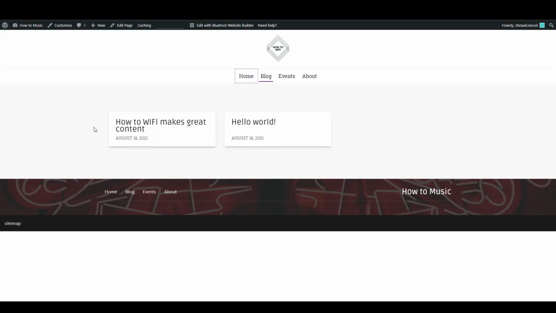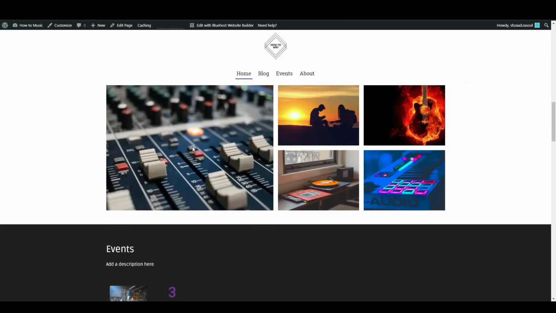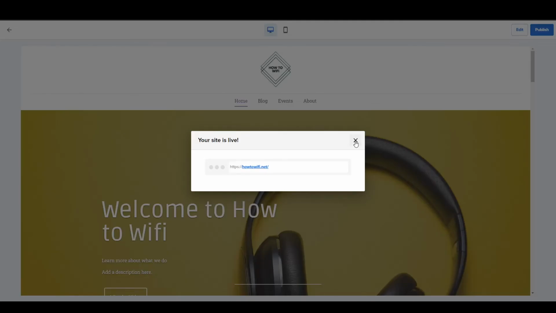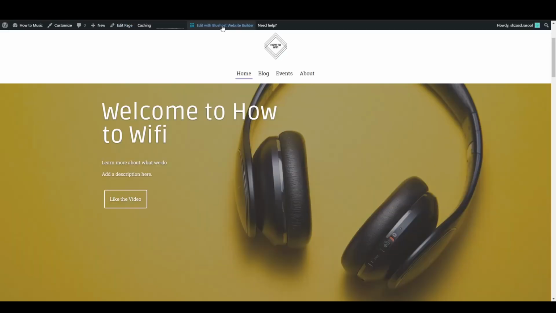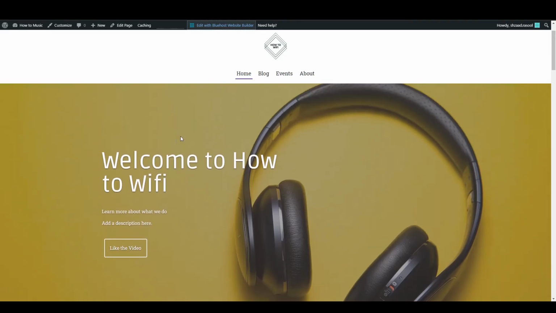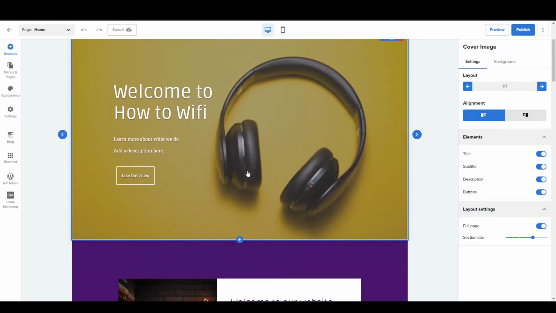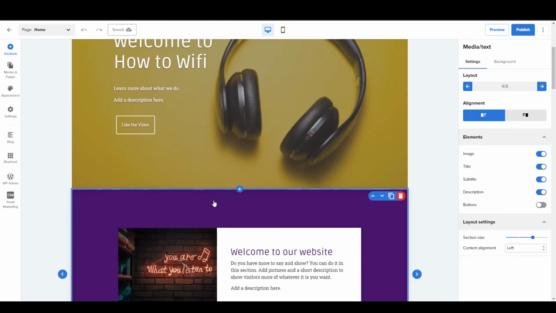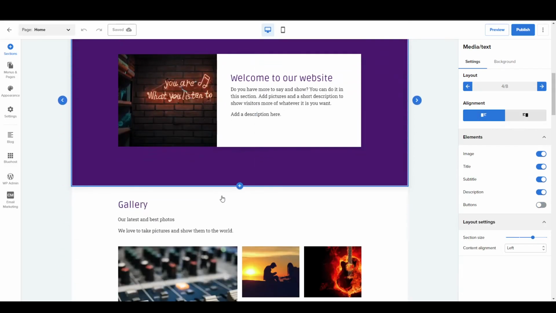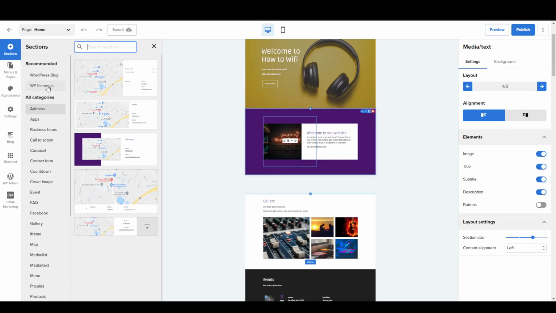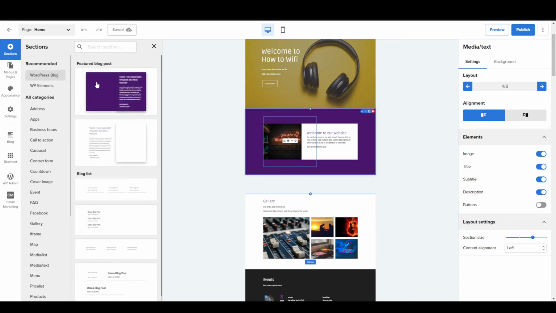And if you want to show it on your home section right here, you can do this by going to your website builder again and clicking on Edit, or you can do this by clicking here, Edit with Bluehost Website Builder, and from here you can add a new section right here. Now let's scroll down and see where we want to add. Let's suppose we want to add the blog section right here. Okay, go to Plus Section, and from here search for blog, or you can see right here it's recommended already. You have to click on WordPress Blog,